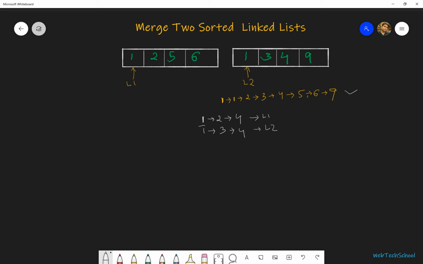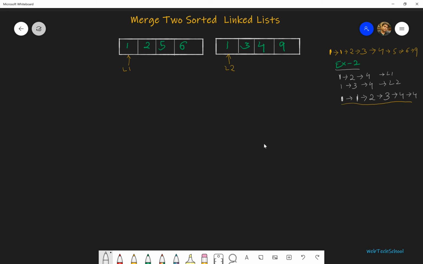Between these two, both are the same, so it should come like 1 points to 1. Then between these two, 2 is smaller, so it will come 2, then 3. Then we have 4 and 4, so we can print 4 and finally 4 points to null. So this should be our output.